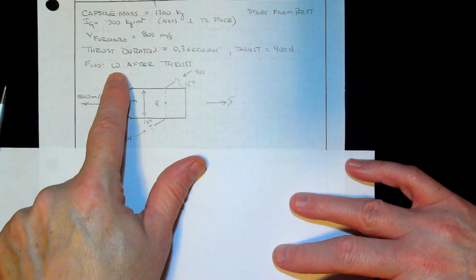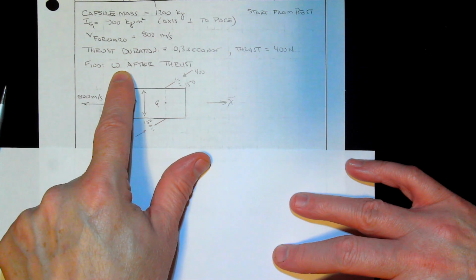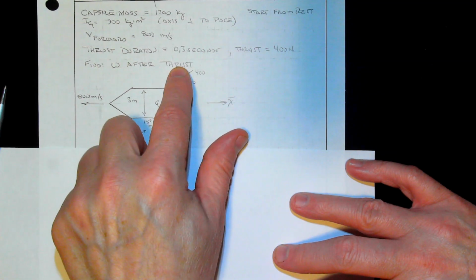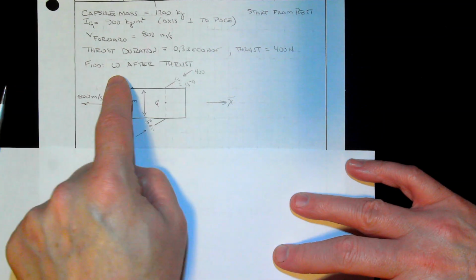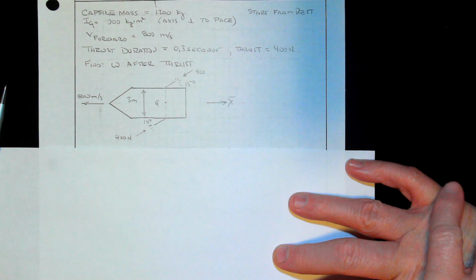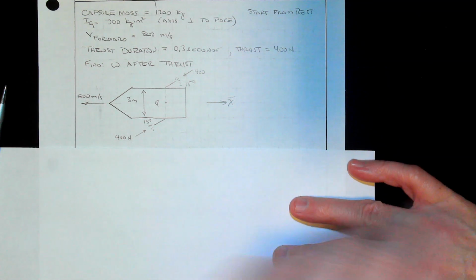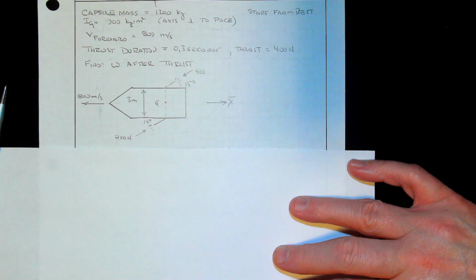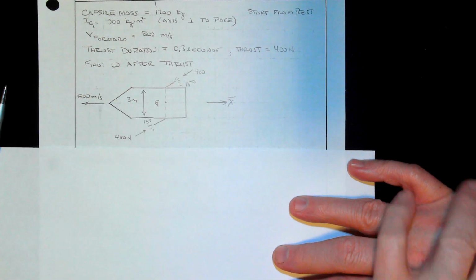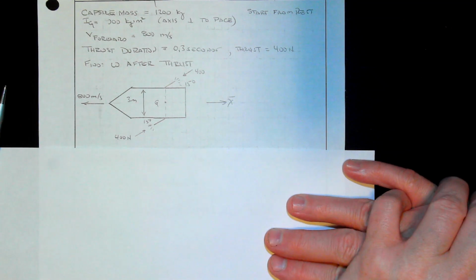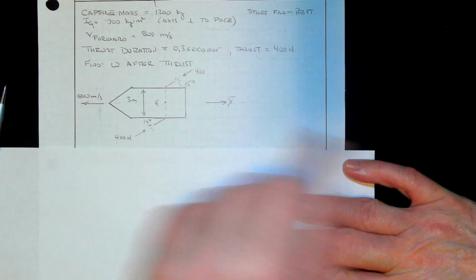Here we have find the angular velocity after thrust. So here we see velocity, time. This is a momentum problem. All right, let me just ask you this first of all: when you fire these thrusters, what kind of change in motion do you expect? And if you look at this here,